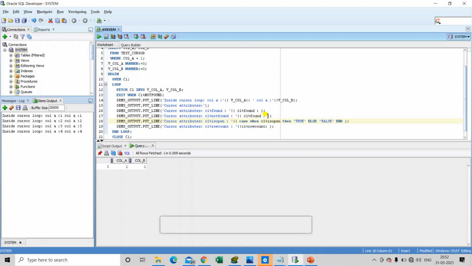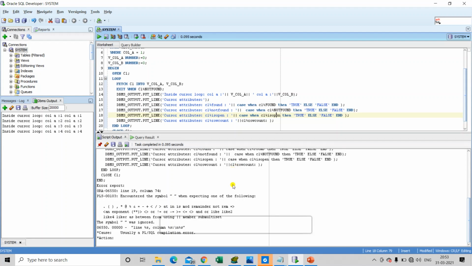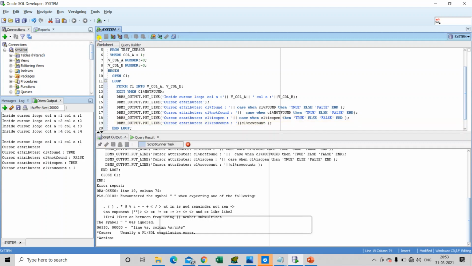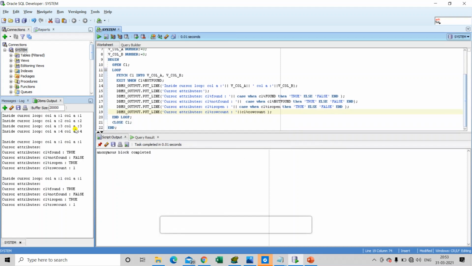Same for these two as well. It is showing some error, we need to check that in order to run the command. So I think this is the problem. Now it is showing anonymous block completed. Let's run it again.